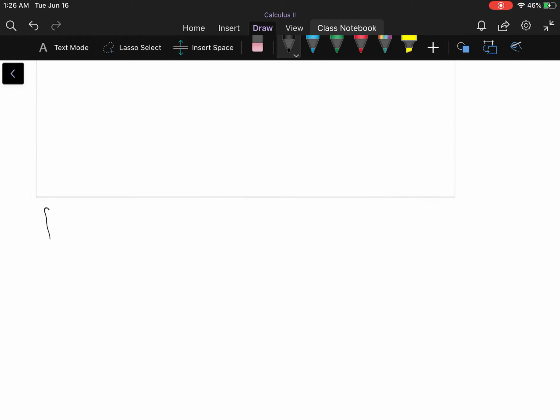I'm going to do that down here. We want the integral of secant cubed theta d theta. I'm going to view this as the integral of secant theta times secant squared theta d theta. And I see this as a product,